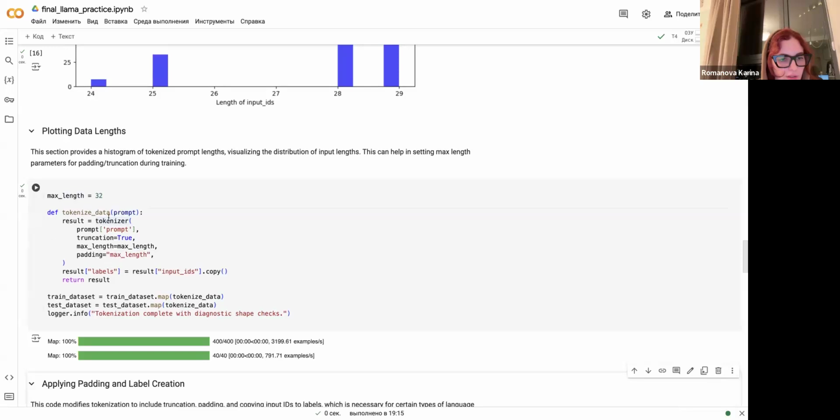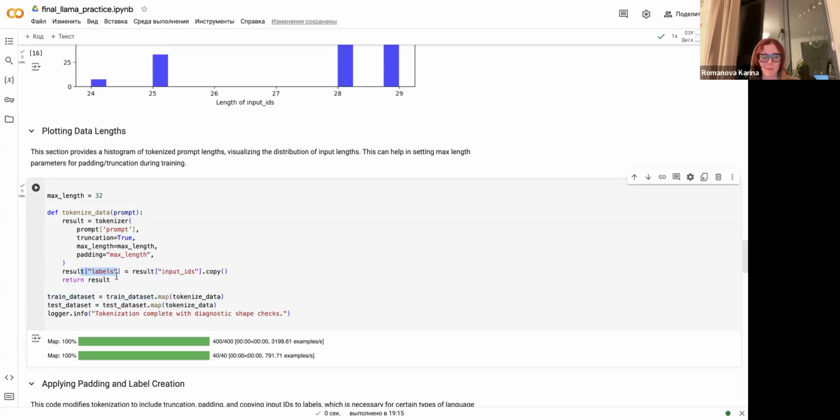to the tokenize function. Okay, I think maybe it would be interesting for you why I set result labels to result IDs. If we understand what is going on here, we will see that I tokenize the prompt of my dataset, and also